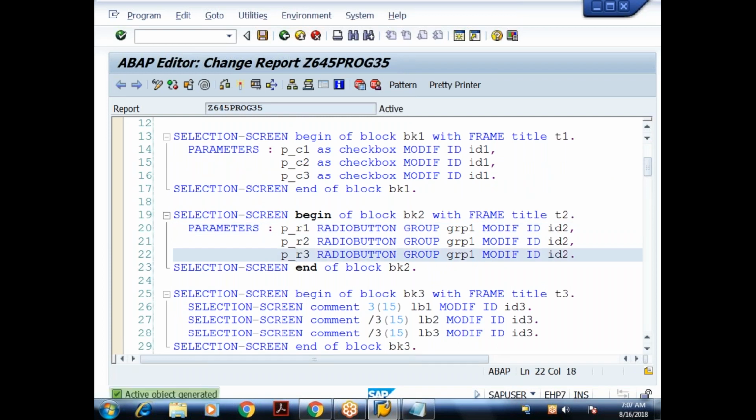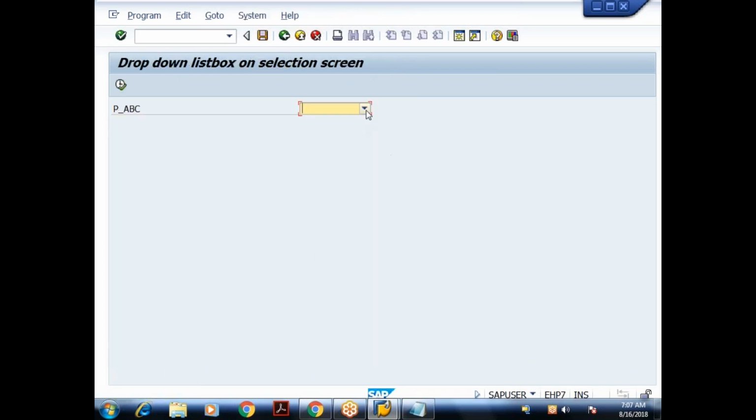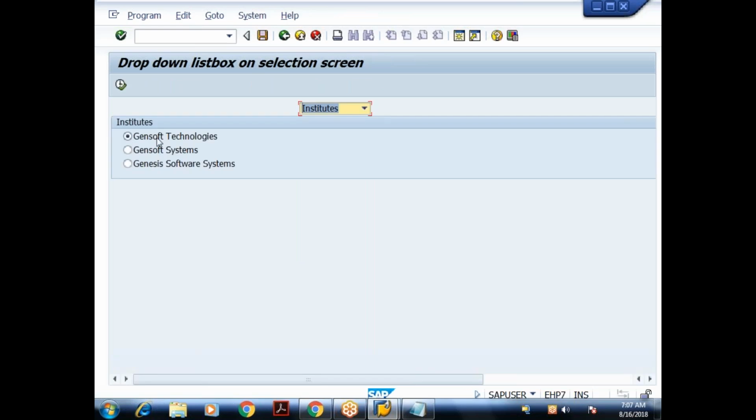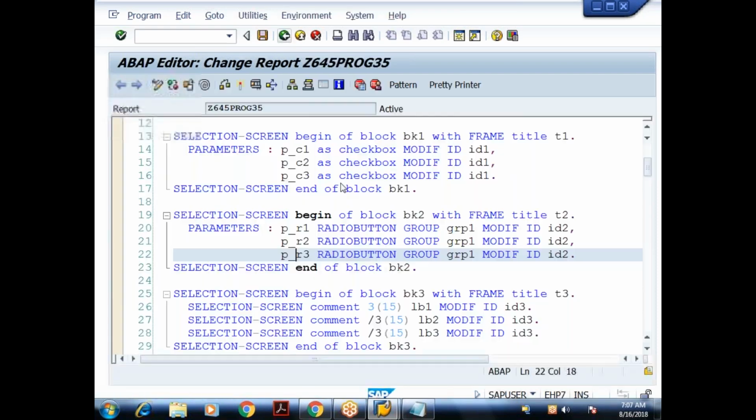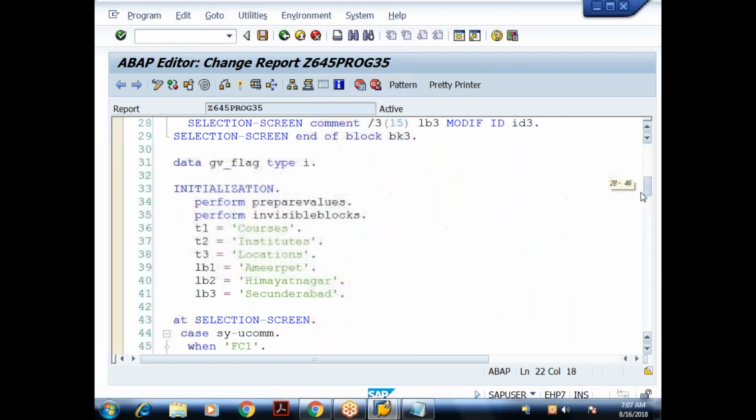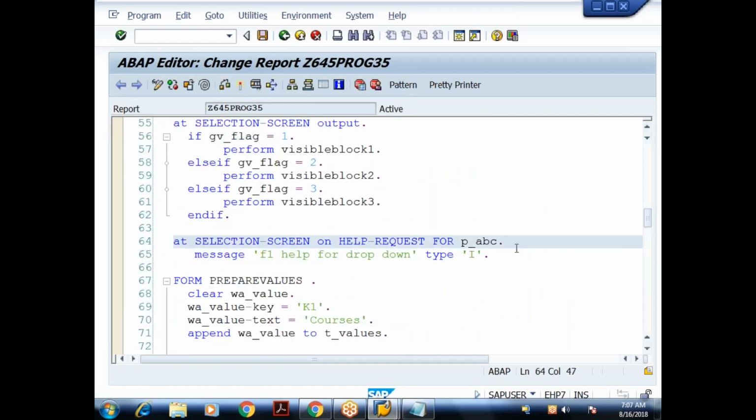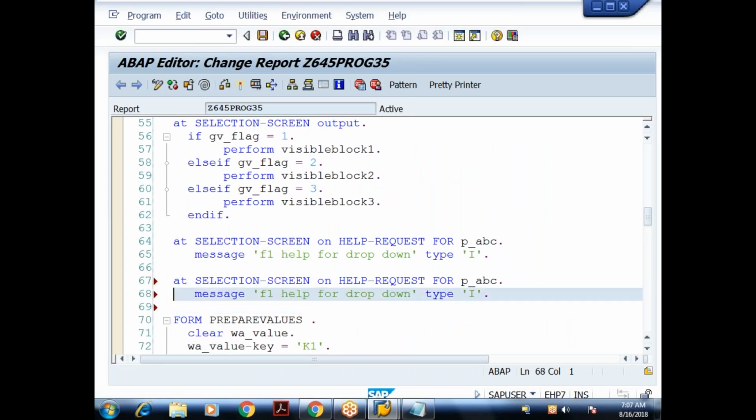So as of now, let me choose institutes. Which one is selected? I'll use a tab. The first radio button is selected. I'll press F1. Again, what does it say here? No documentation available. So let me handle the F1 help for that particular screen element also. I'll say at selection screen on help request for P underscore R1, and I'll give some message, F1 help for